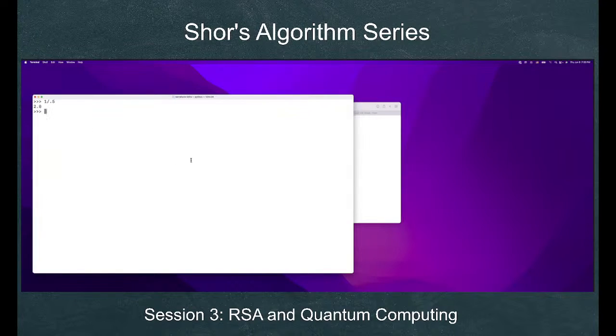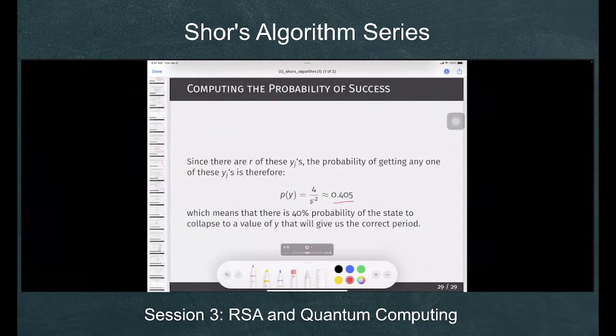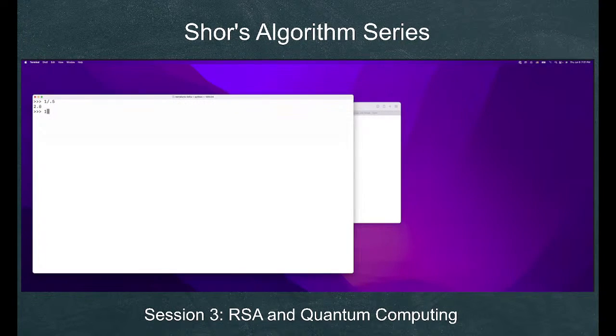Now, if we apply this to Shor's algorithm, 0.405, 1 over 0.405 is the number of times we have to run, on the average, the Shor's algorithm before we can get a valid